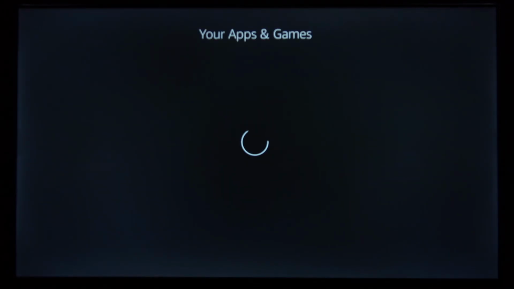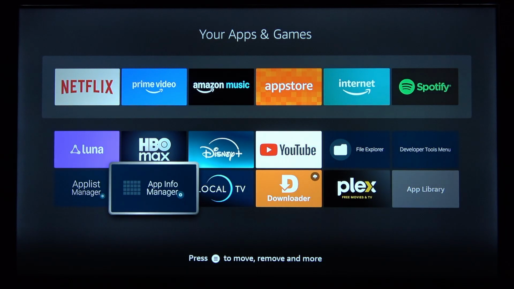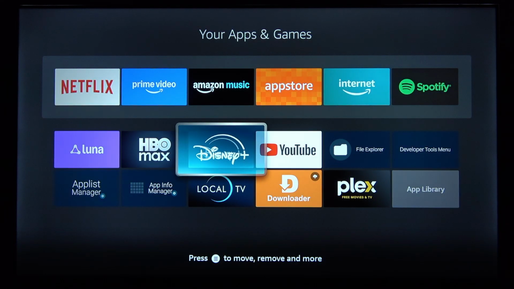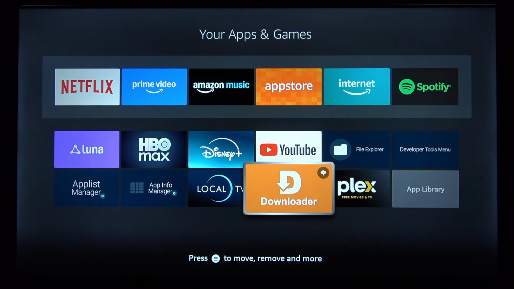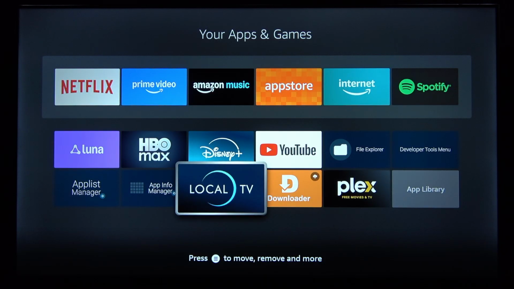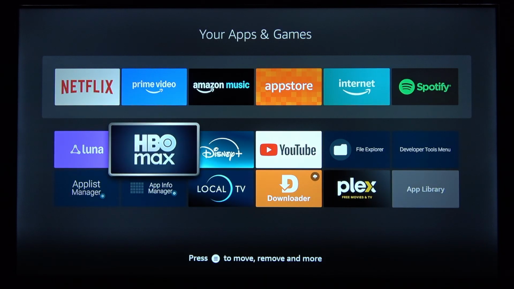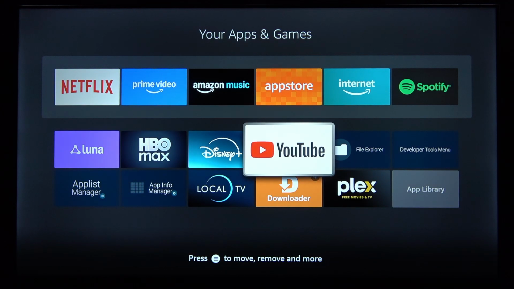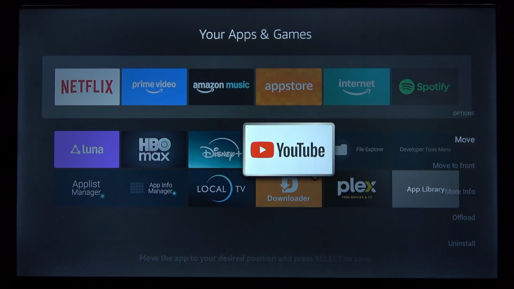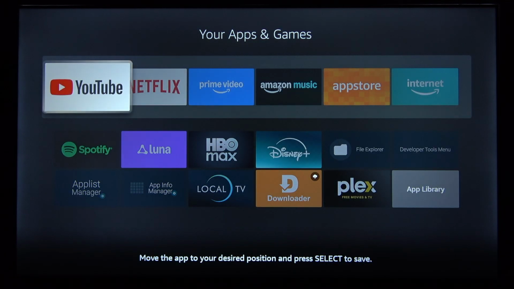Then, in the following menu, you will find all the apps and games that you have installed on your TV. To move the applications that do not show on the home screen to your quick access apps list, just press the settings or options button, the three stripes button on your remote control, then click move, and then move the application